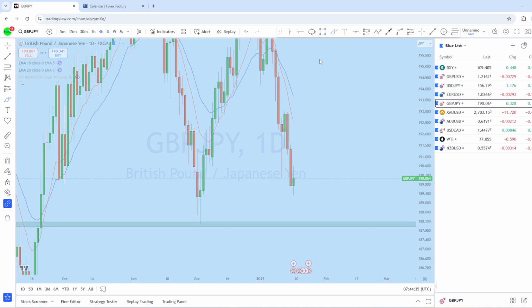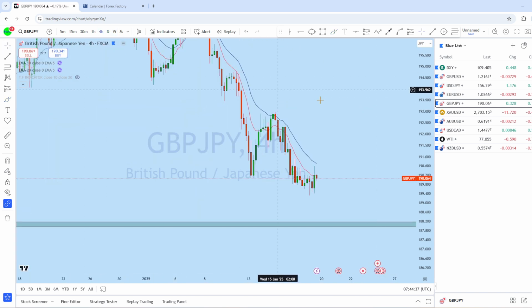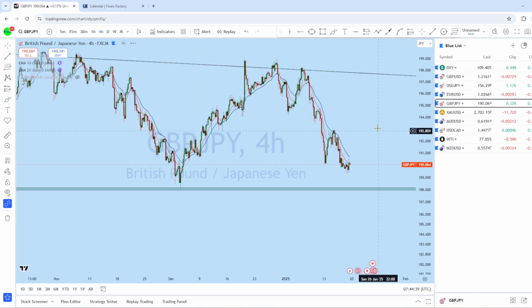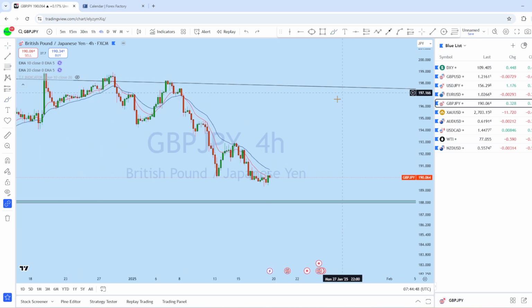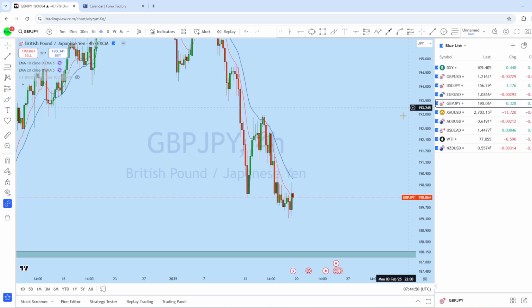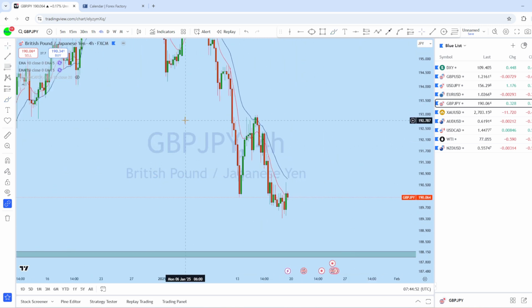The market trend is down, creating a series of lower highs and lower lows. Now looking at the 4-hour perspective on GBP JPY, this is a very strong downtrend. From this resistance, the market is forming a series of lower highs and lower lows. So with that downtrending market structure on GJ, we expect this market to continue to drop to create a new